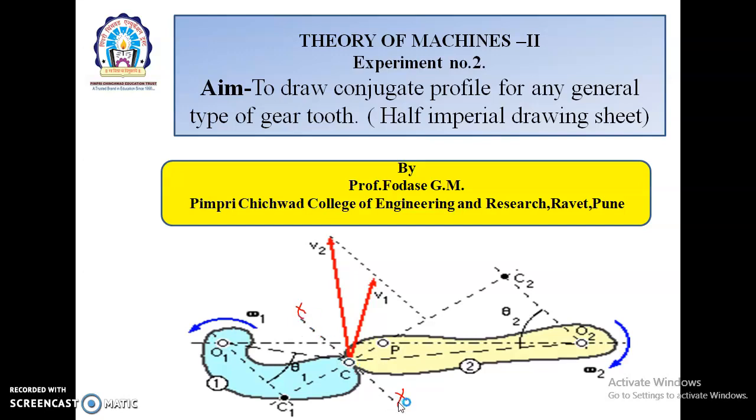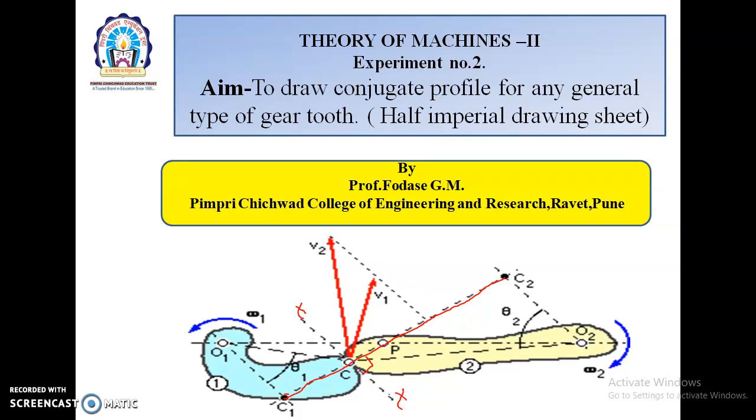So this is the tangential path of the two gear tooth profiles, or common tangent to the gear tooth profiles. Then the common normal will be normal to this common tangent, and that common normal is shown by, let's say, points C1 and C2. So this will be the common normal. You can check here, this common normal makes a 90-degree angle with the common tangent.